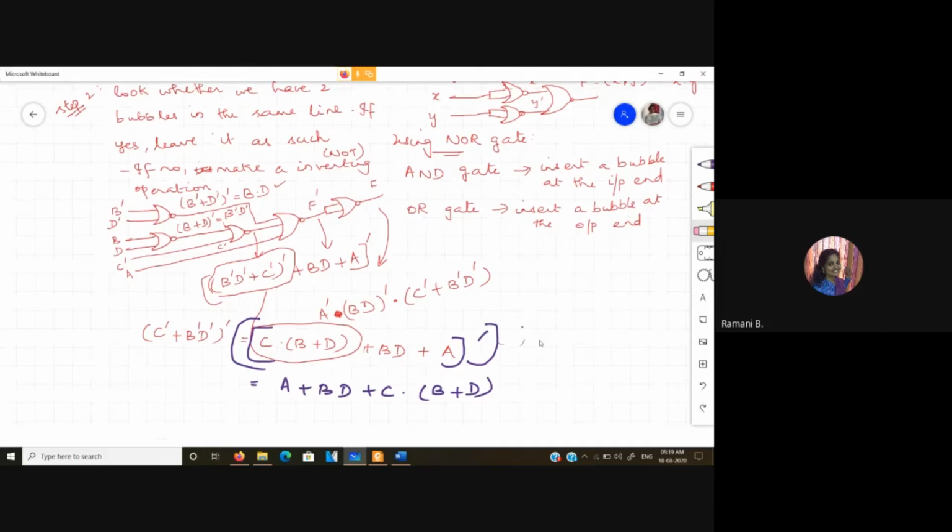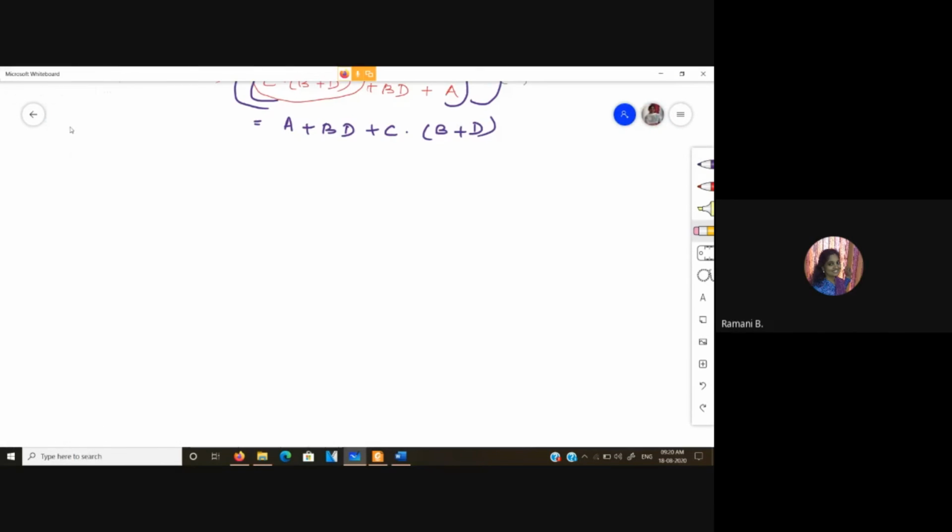Or let me take another example. So let us consider a fresh example where f is equal to x plus y into x bar plus z.